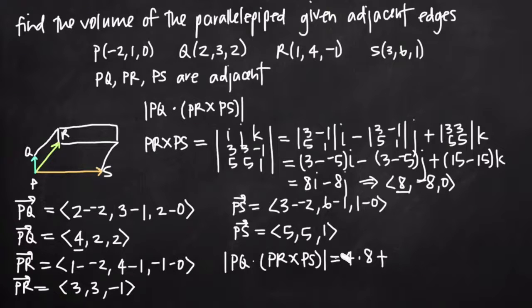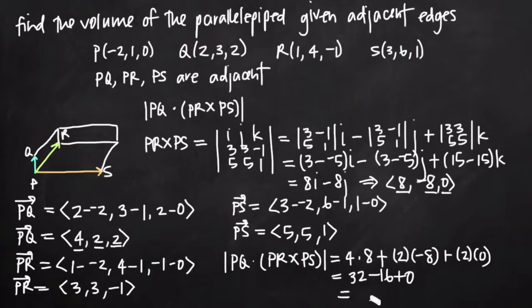Then we add the product of our y components, 2 and negative 8, and then add the product of our z components, 2 and 0, so 2 times 0. When we simplify, you can see that we'll get 32 minus 16 plus 0, which just gives us 16. And remember that 16 is the volume of the parallelepiped defined by these 4 points P, Q, R, and S